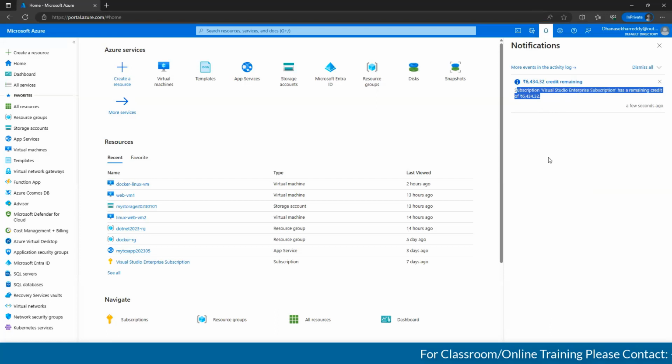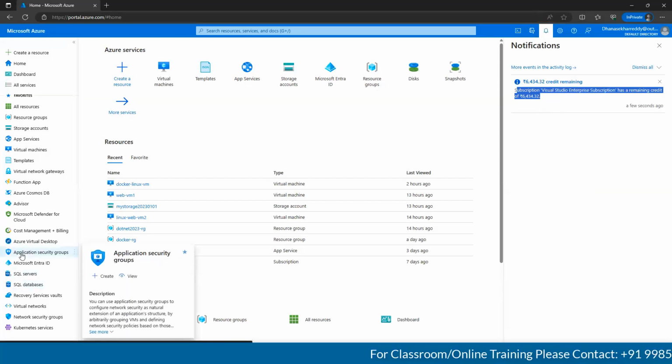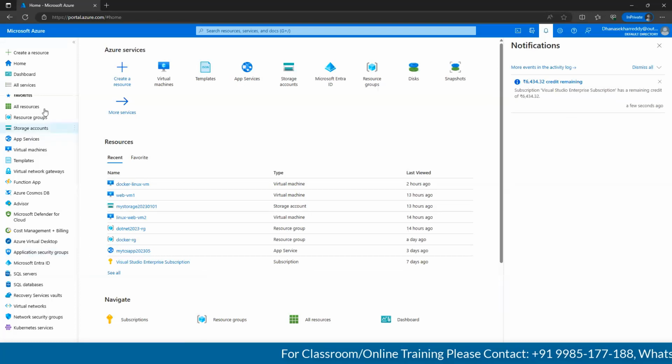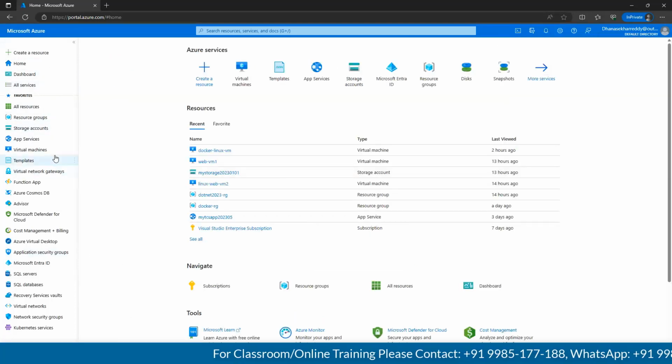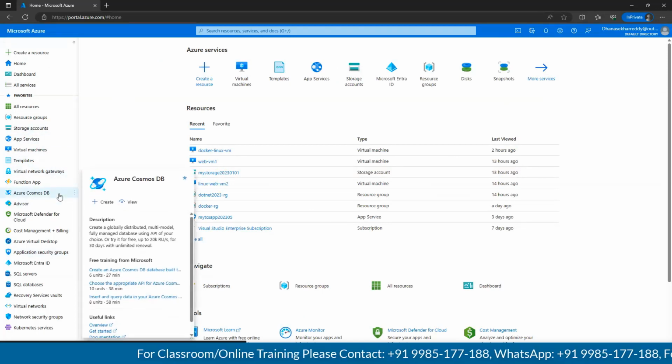So this is the overview of Microsoft Azure, how to subscribe for the Azure free trial, and how to access the Azure portal. Tomorrow we will go through the Azure portal and how we can create the services in Azure. We will see that next session.